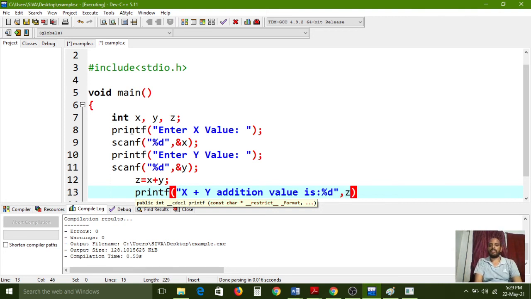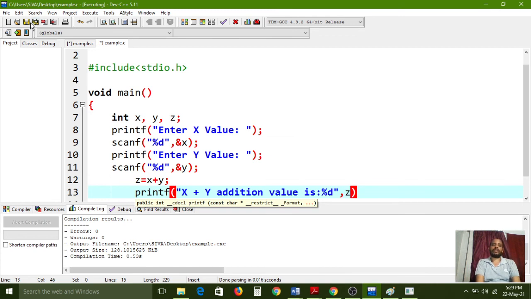So first it will print that message, after that it will print the z value, which collects x plus y. For example, x value 10, y value 20, the value 30 is calculated. After that the 30 value is stored into the z variable. So here z is replaced with 30. That value is printed in the %d format, because we are giving the information to the printf function also, so you need to print only digits. If z provides any value and it is a digit, then it can print, otherwise it cannot print.